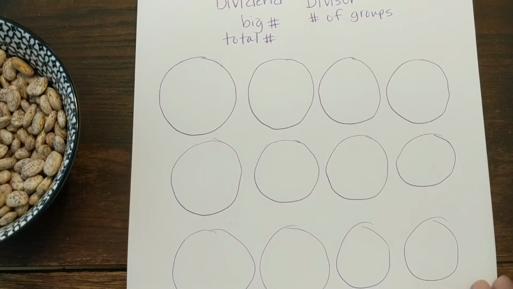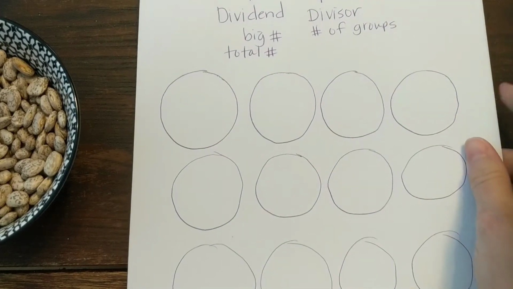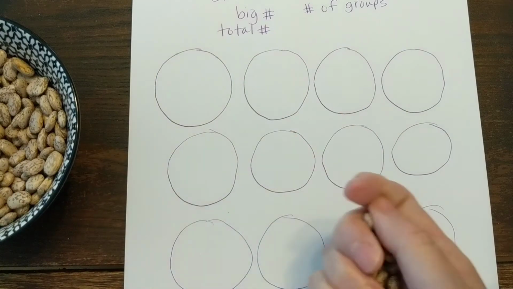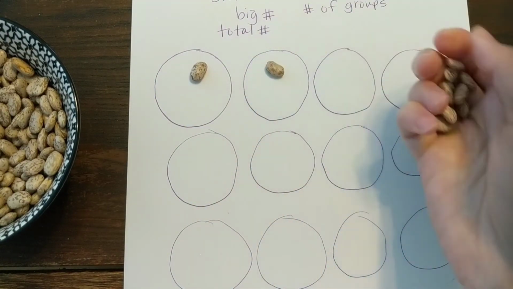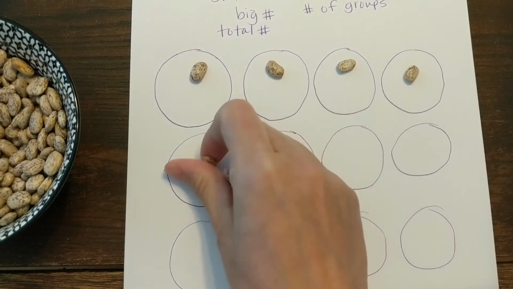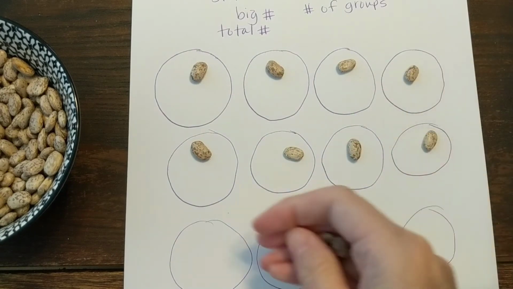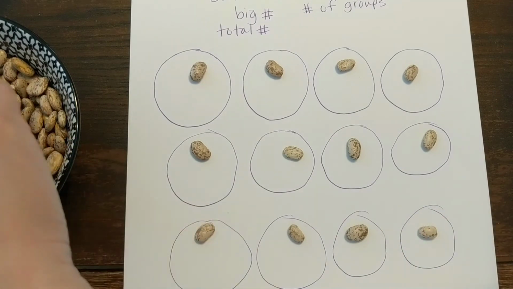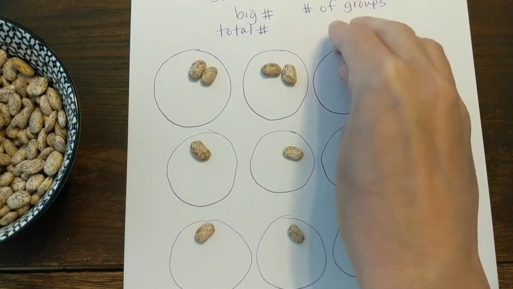All right, so once you have your 12 circles, which is my number of groups, we are going to partition and give 1 to each group until we get to the big number, or the dividend, 96, and the number of beans in each group is going to be our quotient. So we're doing 1 in each group. And then you're going to go to 2 in each group. So that would be 12, 13, 14, 15,